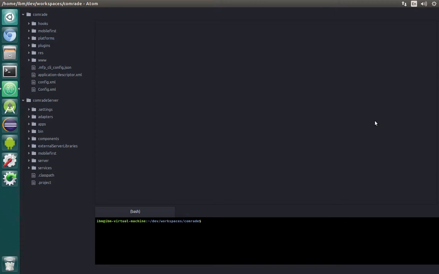Lab number 7.2. In this lab, we will integrate mobile quality assurance service inside our app. We'll be using a service on Bluemix, so you should have a Bluemix account. In case you don't, please pass lab number 19. We'll also use the command line interface, and we will not use the Eclipse text editor for integrating the quality assurance,